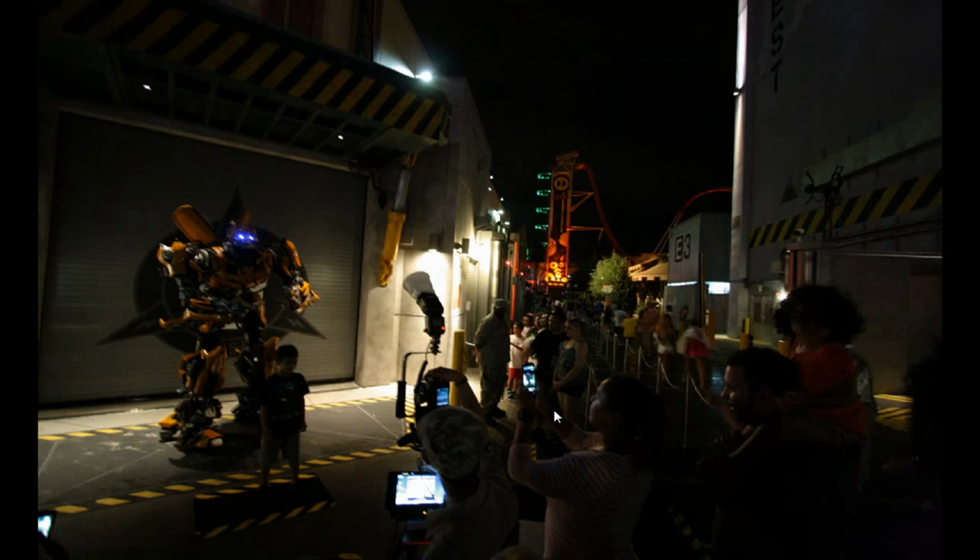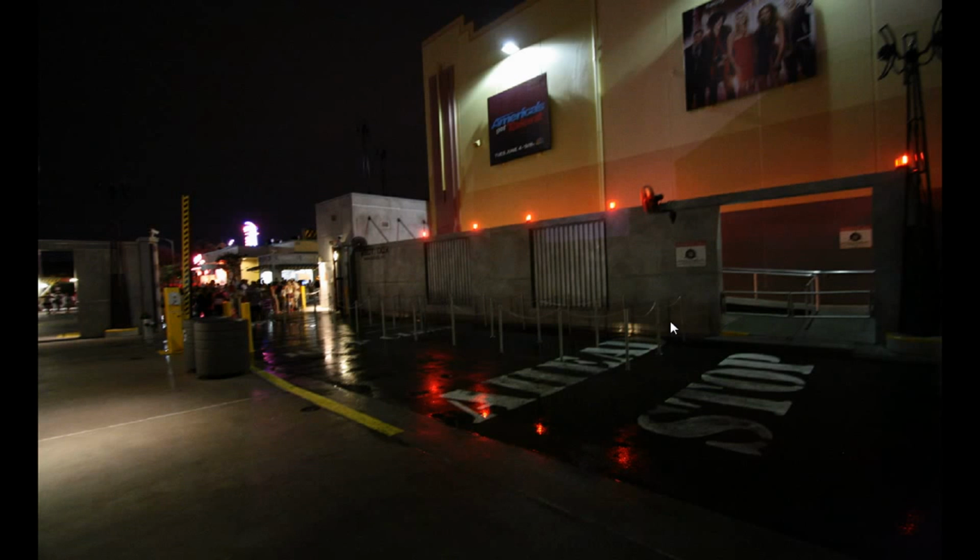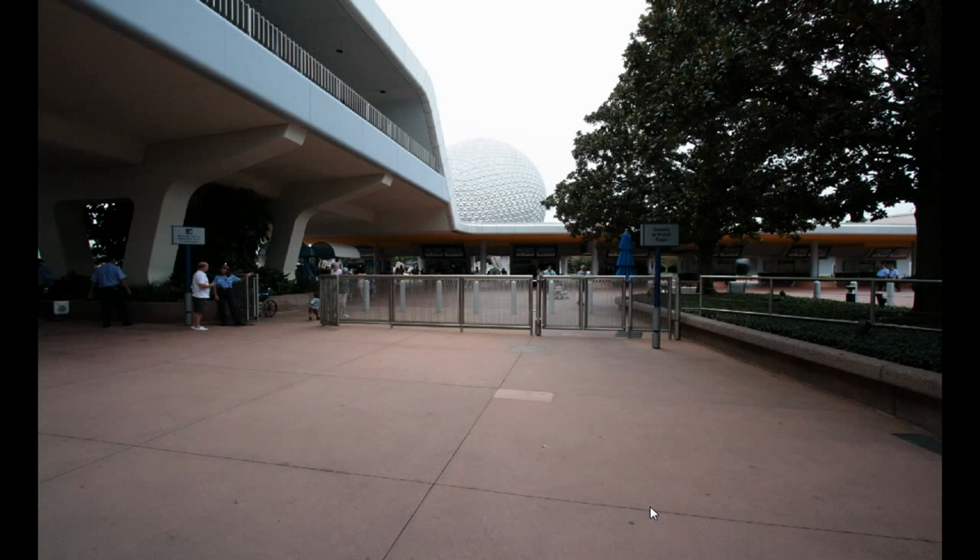Obviously people are able to take their own pictures. They have a professional photo there, and down the road from Rip Ride Rockit. And they've got quite a bit of a line set up in case people really want to line up to see the character. Switching parks over to Epcot, this caught my eye,